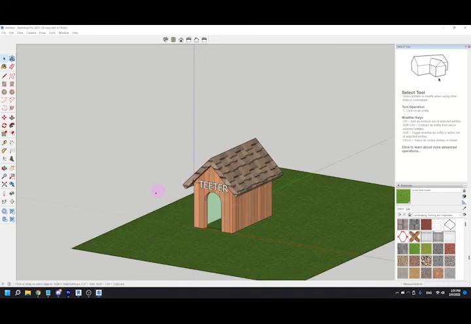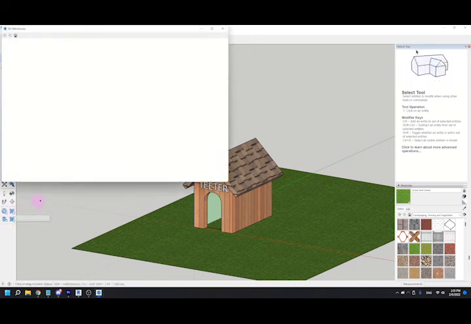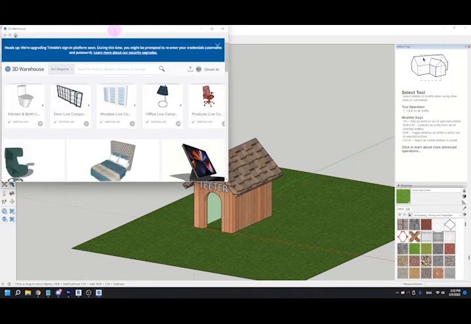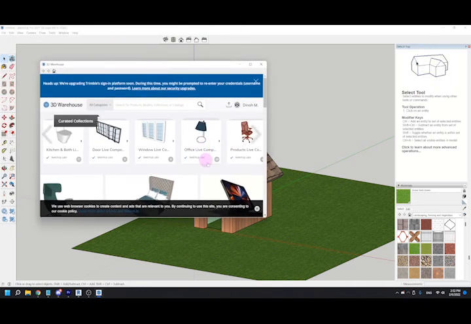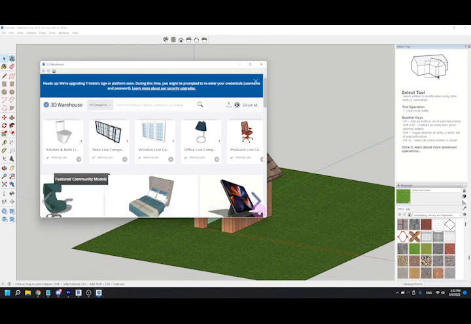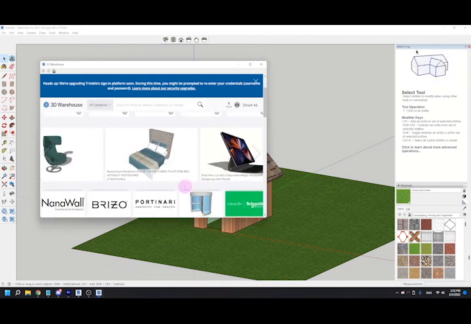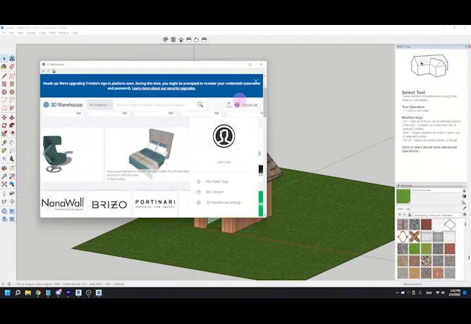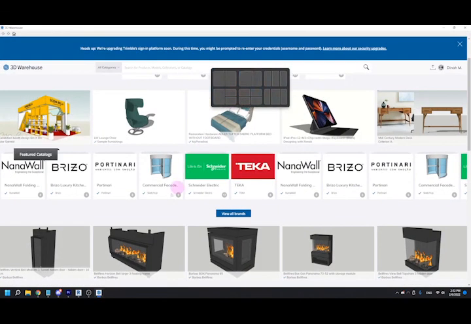And then lastly, I'll add in a precious little pup in here. And so to do that, I'm going to go into the 3D warehouse. So the 3D warehouse is located right here in your toolbar. And you are going to need to have an account to log into the 3D warehouse, but you should already have an account made just from opening or downloading SketchUp on your computer, and it is completely free to access the 3D warehouse,